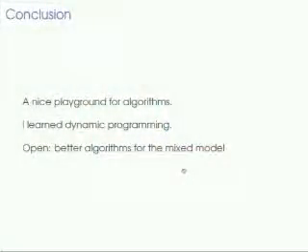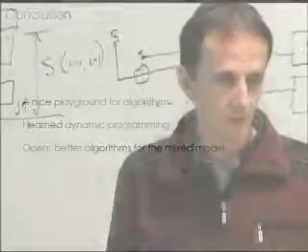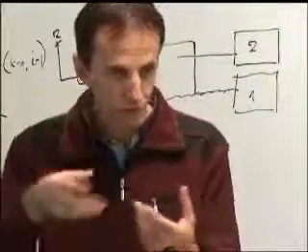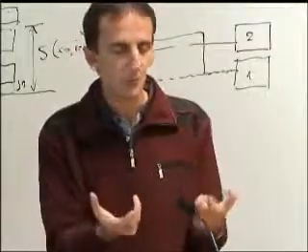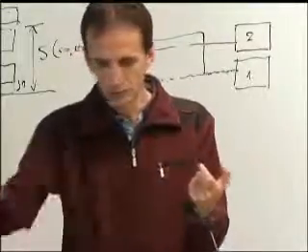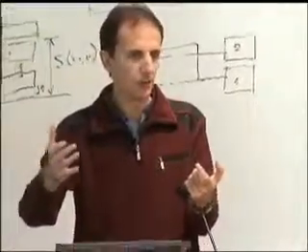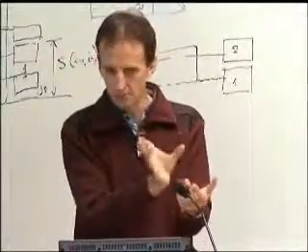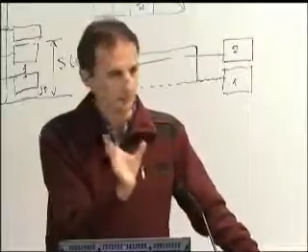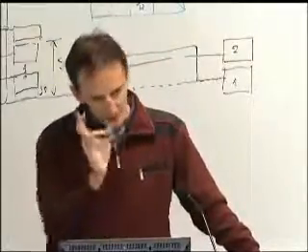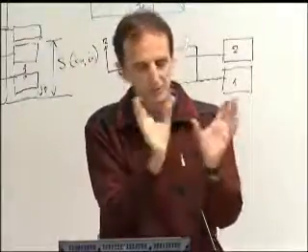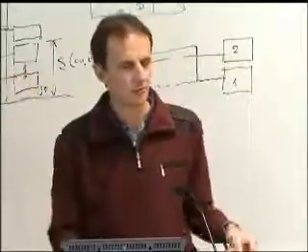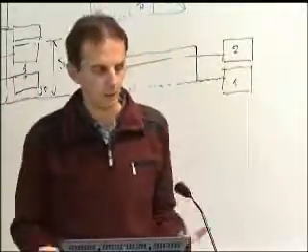What is open is better algorithms for the mixed model. I think we wanted to come closer to what we had before, and that was a mixed model. Actually, you should not use boundary labeling if you have space in the middle, where you can place the labels inside. But if there are many points and the labels are too big, then you should use the space outside at the boundary.